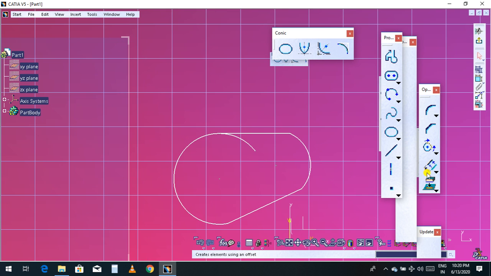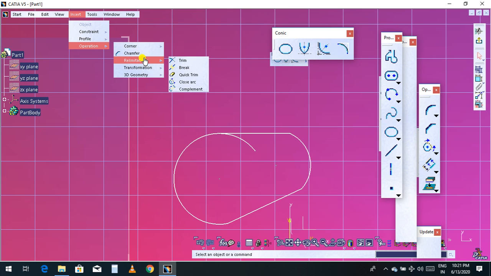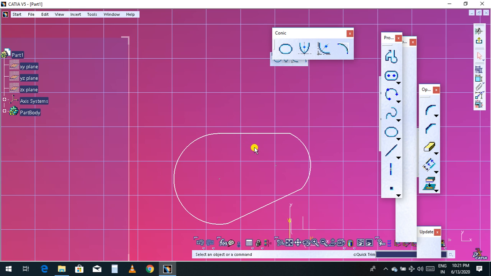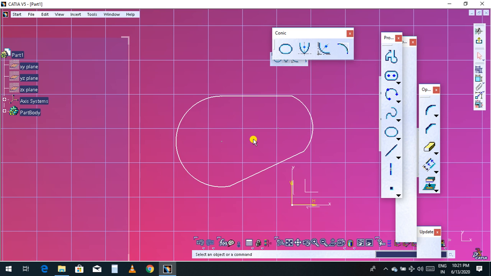Now erase this one, so go to Erase, or else go to Insert, Operation, Trim, Quick Trim. Okay, so now this is the sketch.